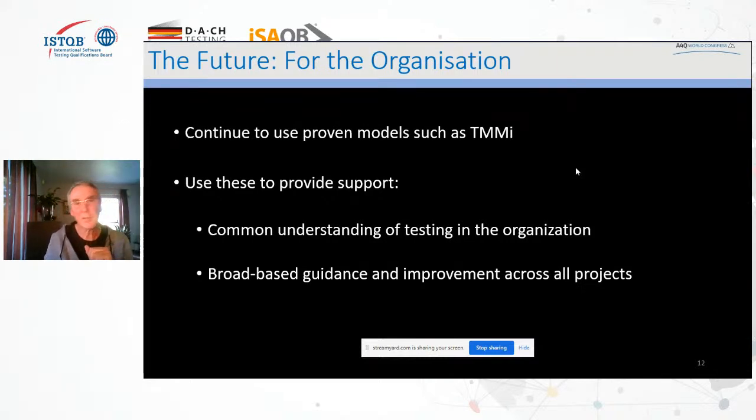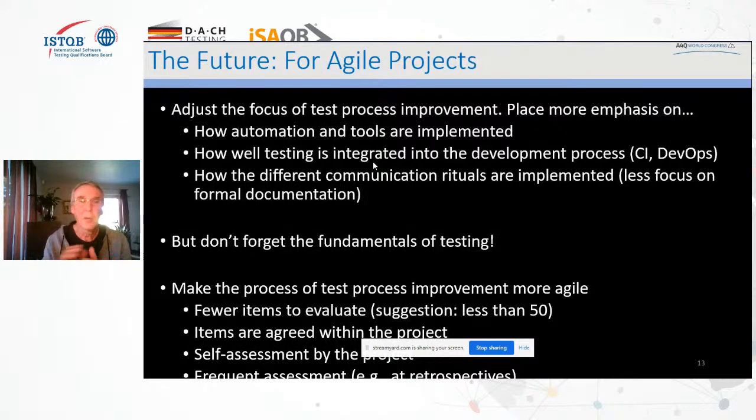Now, that's fine. And I think that means there is some hope for us, because that's a thread that leads all the way through the organizational improvement of test processes that we're familiar with, and we have some skills in that. However, for agile projects, I think that